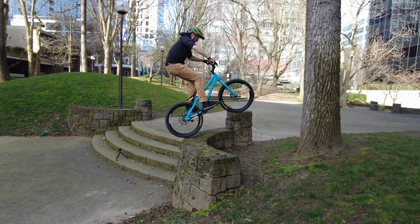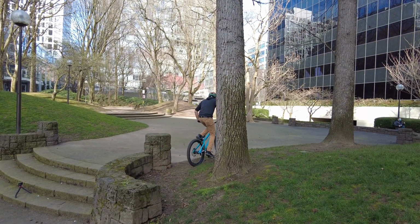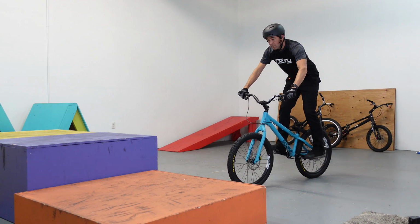This is like the iconic trials move that you always see everybody going for, jumping up at some huge obstacle, landing on their back wheel, and then moving on to the next thing. I'm gonna go through all the basics to get you rolling on this, and there are a few different ways